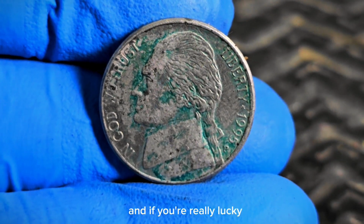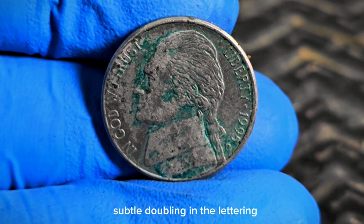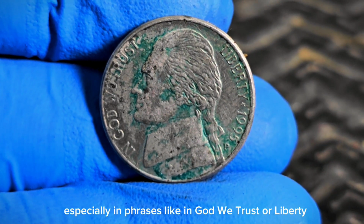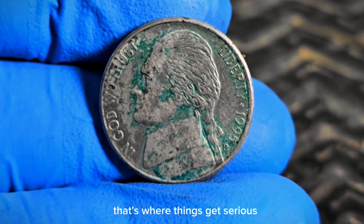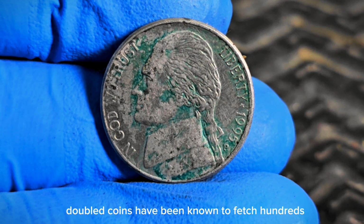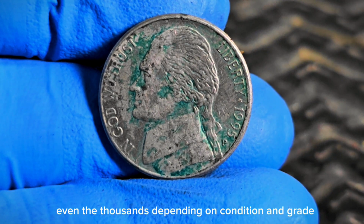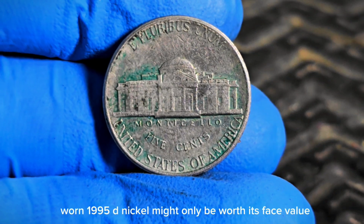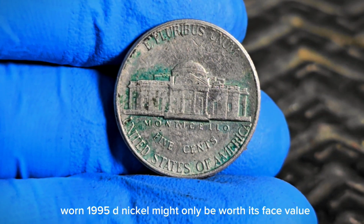And if you're really lucky, you might spot a double die obverse. Subtle doubling in the lettering, especially in phrases like "In God We Trust" or "Liberty." That's where things get serious, because those rare doubled coins have been known to fetch hundreds, even thousands, depending on condition and grade. Speaking of value, a typical worn 1995 D nickel might only be worth its face value, 5